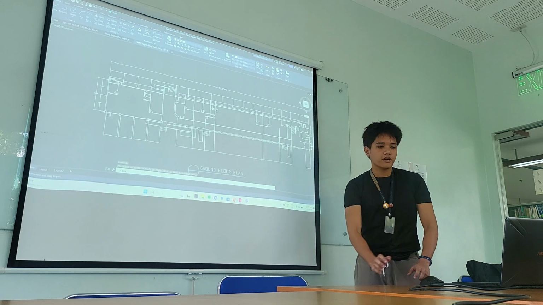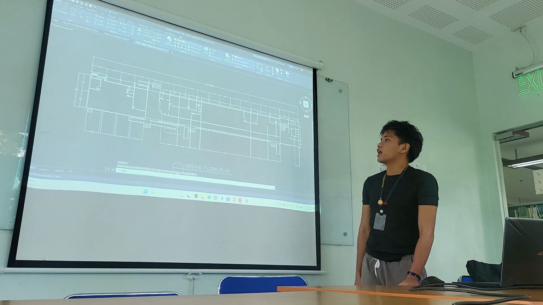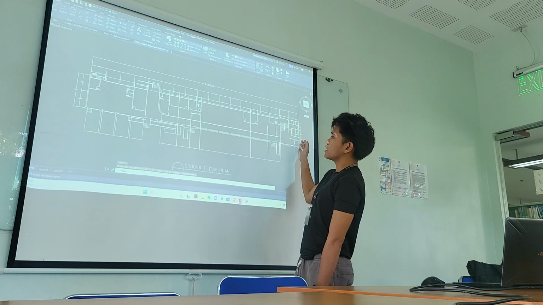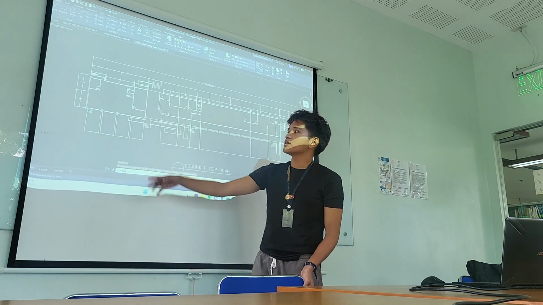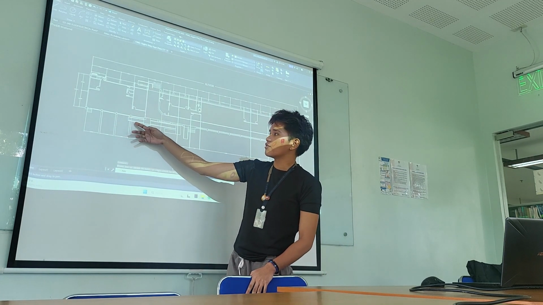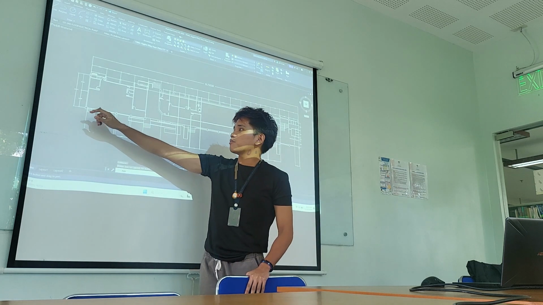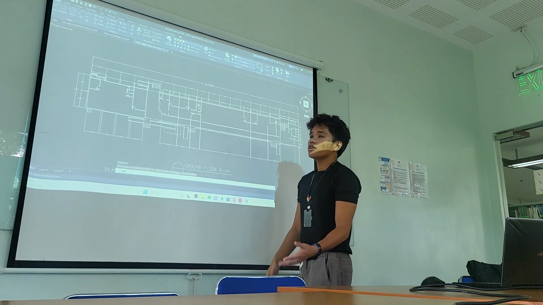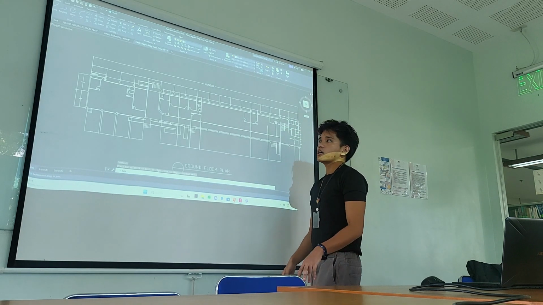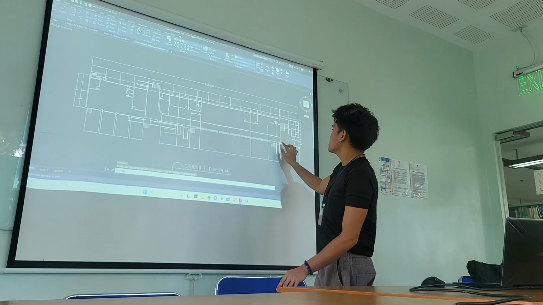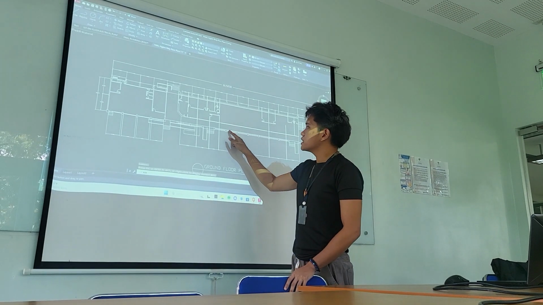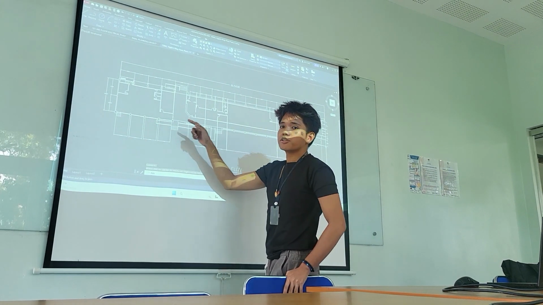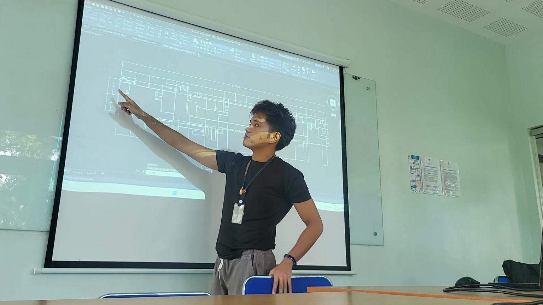So here is the floor plan for the ground floor of the agriculture building. Here is the front view, while here is the rear view, the right side view and the left side view. This area comprises the campus ministry office and is separated by 4 windows. The overall building is encompassed in columns, around 18 columns per each side,